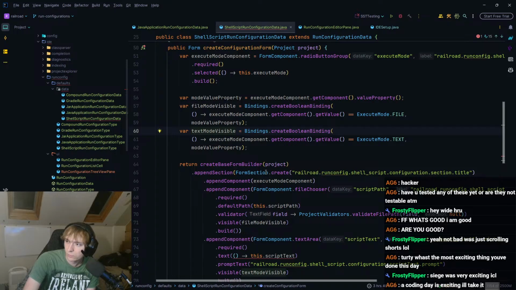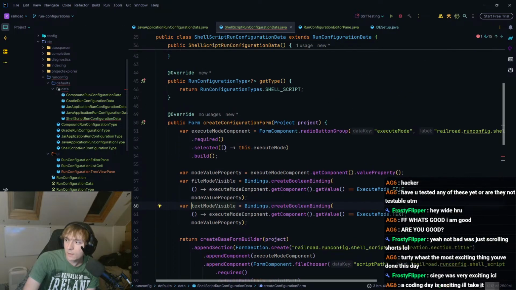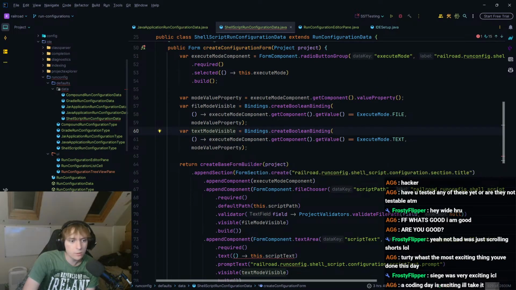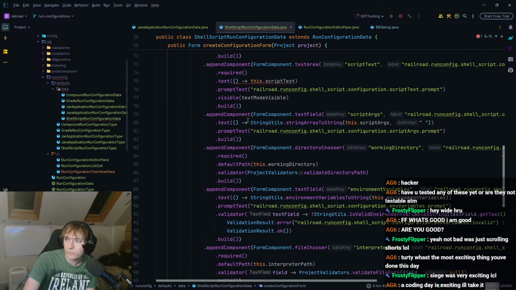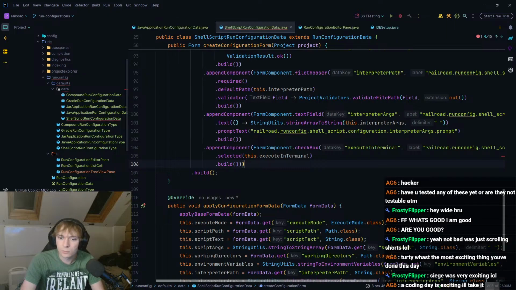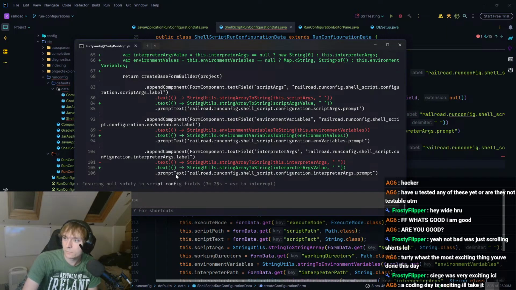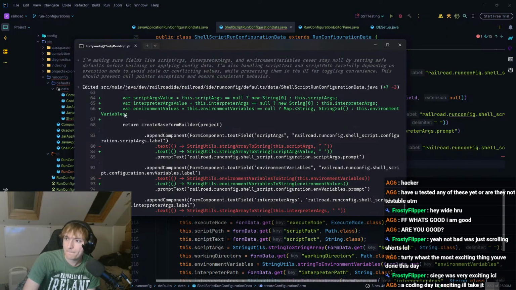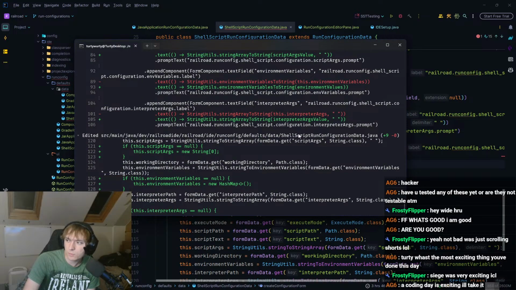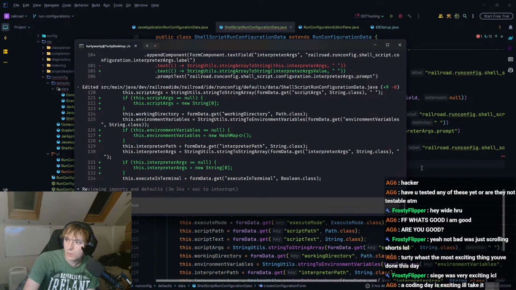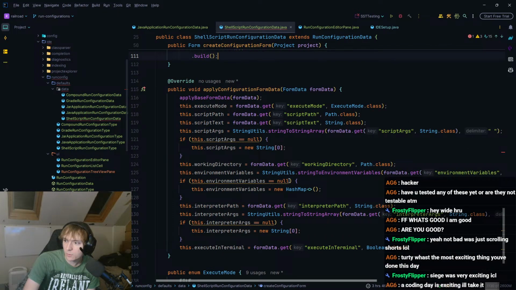Text mode visible. Uninstall create. Yes, that's correct. Okay. I'm actually quite impressed. It seems to actually be doing things. I don't know if it's going to figure out that this is not possible, but we'll see. Yeah, so it thinks that's possible for some reason. Not sure why it thinks that's possible, but,